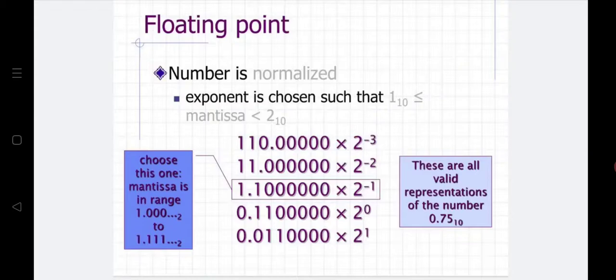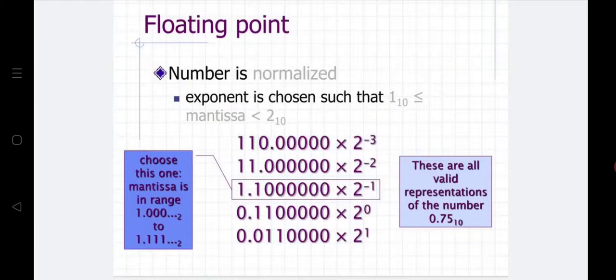So if you see here, in the first one I have two ones and a 0 on my left part, which is the integer part. My intention is to push all my digits towards the right side, and only a single one should be there on the left side, the integer part. So if I push the 1 0 over, then again two ones are there in my second notation.